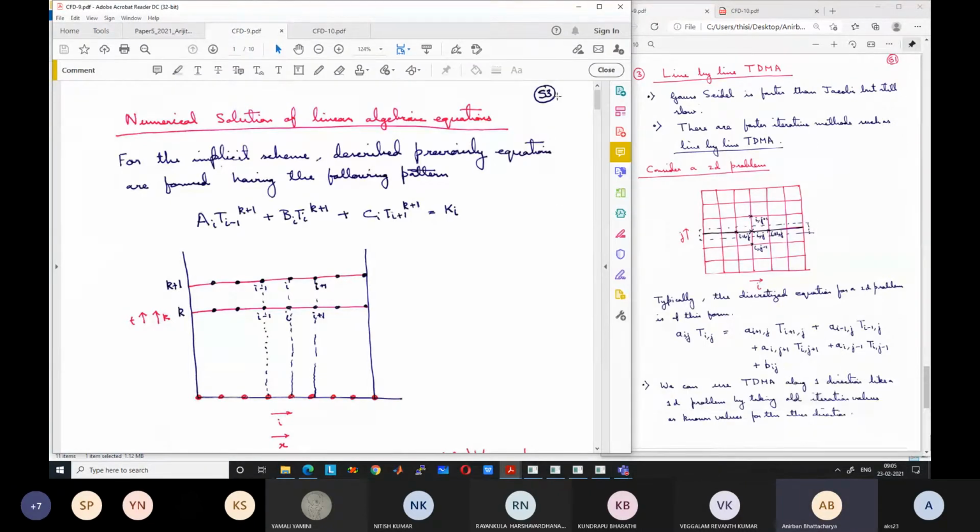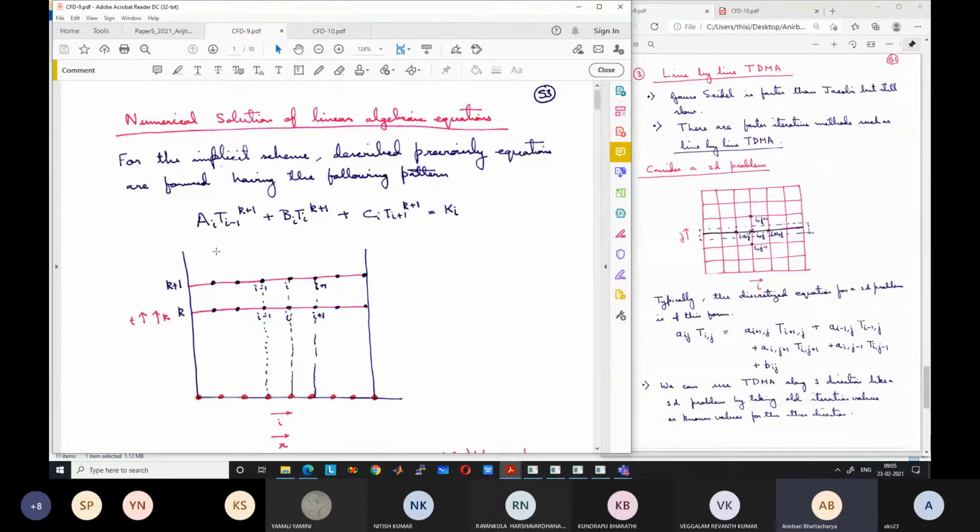Good morning. So we will continue our discussion from the previous class. Yesterday we had discussed numerical solution of linear algebraic equations, and what we noted is that